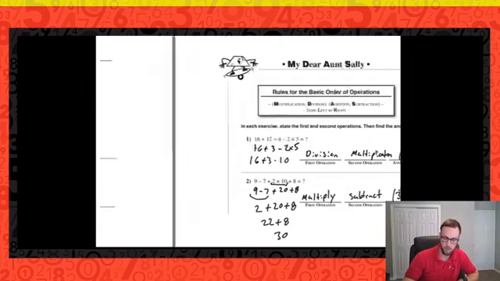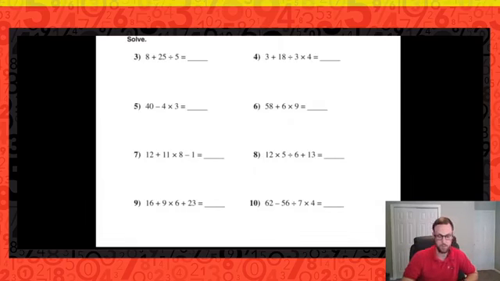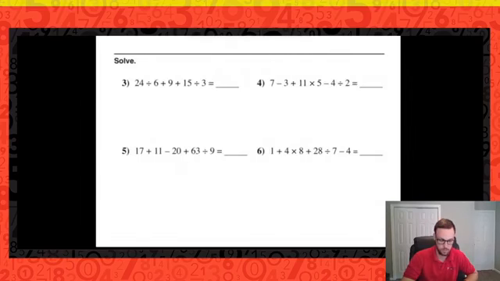Okay. So with a little bit more of that under our belt, I want to go back to the last couple of pages. Or we'll just keep moving forward and we'll leave you guys some extra problems to work on when we get done. All right, so moving on down that page, it says, my dear Aunt Sally, we're looking at number 3. So what do I want to do first here?